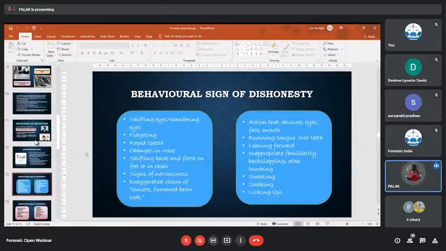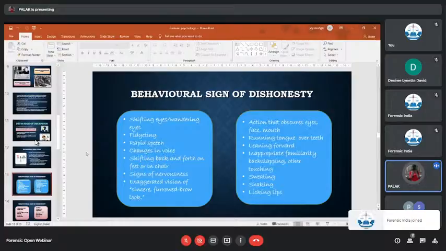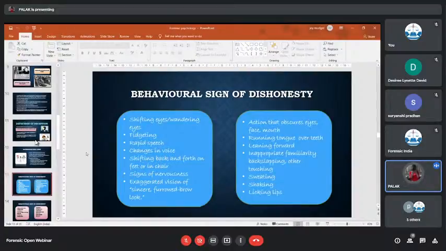What are the behavioral signs of dishonesty or deception? Shifting eyes, fidgeting rapidly, changes in voice, shifting back and forth on feet or in chair, signs of nervousness, exaggerating vision of sincere furrowed brow look, actions that obscure eyes, face, mouth, running tongue over teeth, leaning forward, inappropriate familiarity, back-slapping, other touching, sweating, shaking, licking lips,